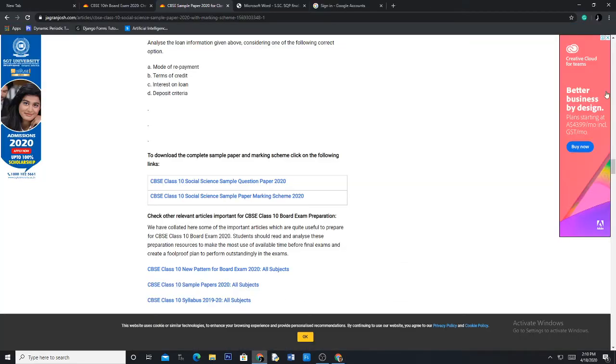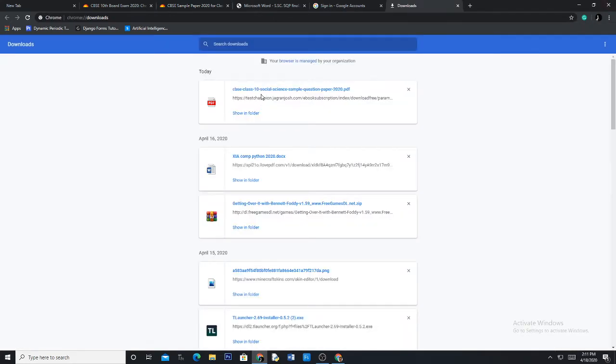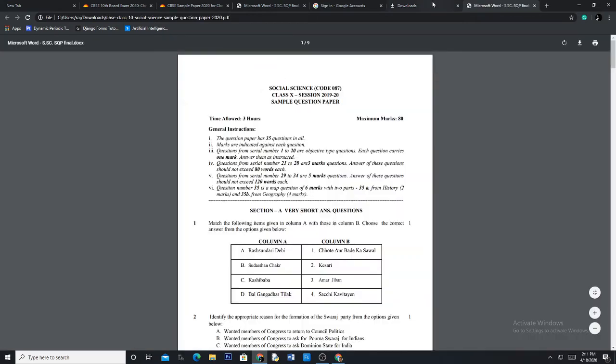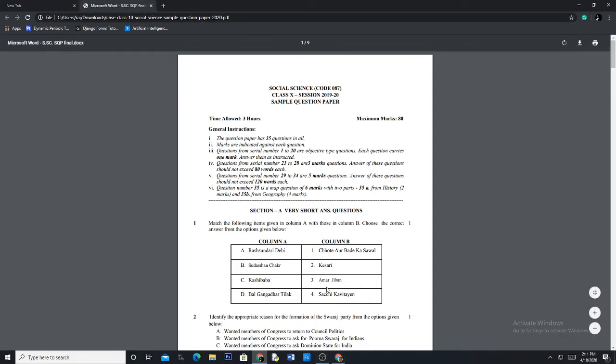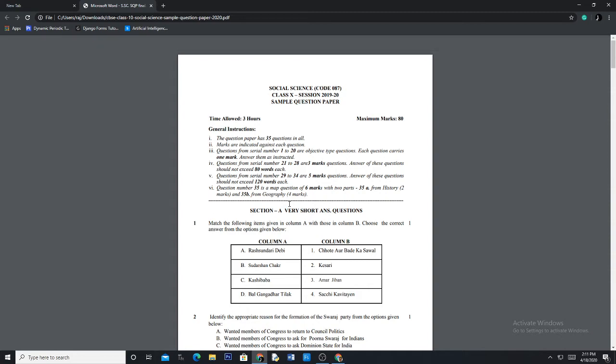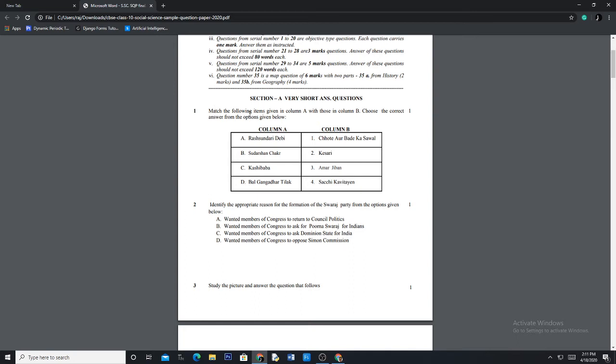I think it's here. This is the question paper. From here I'll pick up questions, because I am not a social science teacher. So from Google I have picked up a sample question paper from CBSE social science. Okay, suppose the first question is this: match the following items.